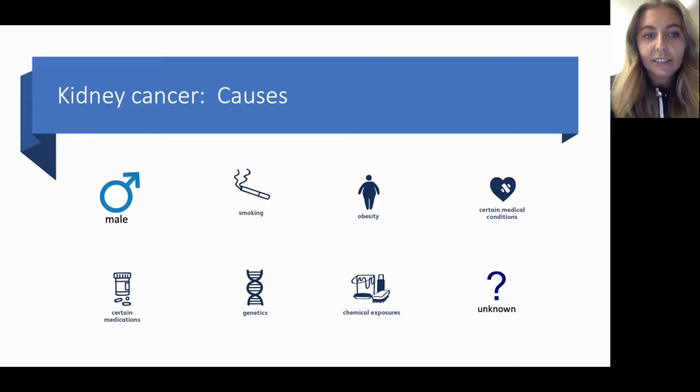The causes of kidney cancer are on the screen. If you are male, you're twice as likely to develop kidney cancer than females. Smoking is a big risk factor. Obesity is a big risk factor. As for many cancers, it's due to the hormonal profile that happens when there's more adipose or fat tissue in the body. Certain medical conditions, such as high blood pressure, certain medications, there is a genetic element like there was